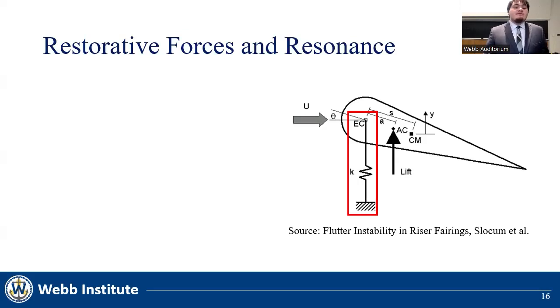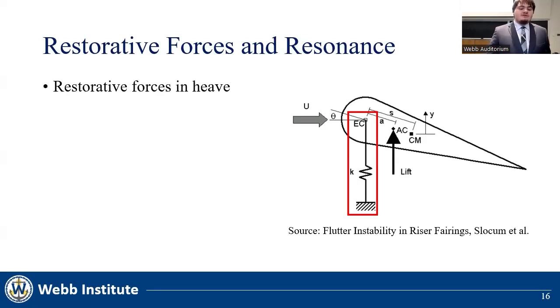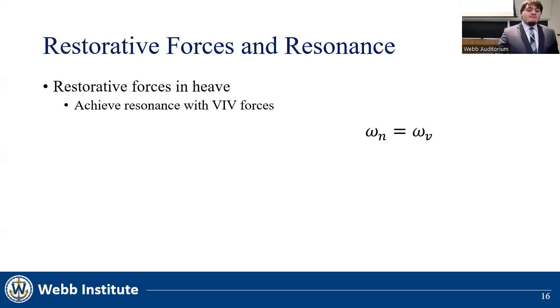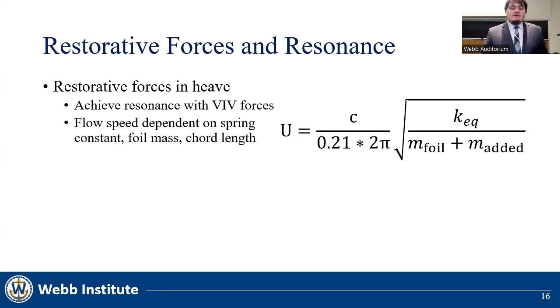We also used springs to induce restorative forces in number 1, heave. This is so we could achieve resonance between the frequency of VIV and the natural frequency of the system. The ideal flow speed at which this occurred can be given by this equation here, where 0.21 stands in for the ideal Strouhal number, C is the chord length of the foil, KEQ is the equivalent spring constant of the entire system, M foil is the mass of the foil slider, and M added is the added mass from the